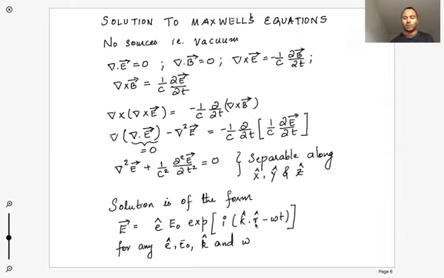And the dot product with R. R is just the position vector. So this is just the position in 3D space. Minus omega times t. So t is time, omega is angular frequency. So this is the most general form of the solution. Notice that I can take any linear combination of these solutions. So every time I vary E naught, every time I vary K or omega, I get a new solution. All of those are solutions to the vector equation. So, okay. So for any unit vector, any E naught, any K and any omega, you get a solution to